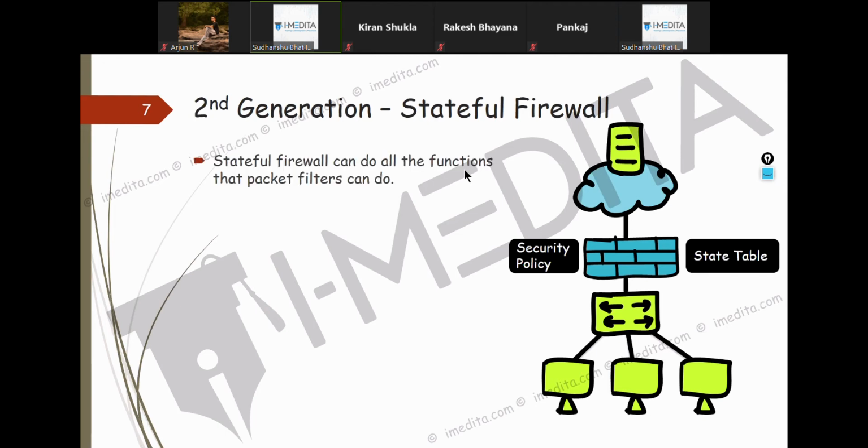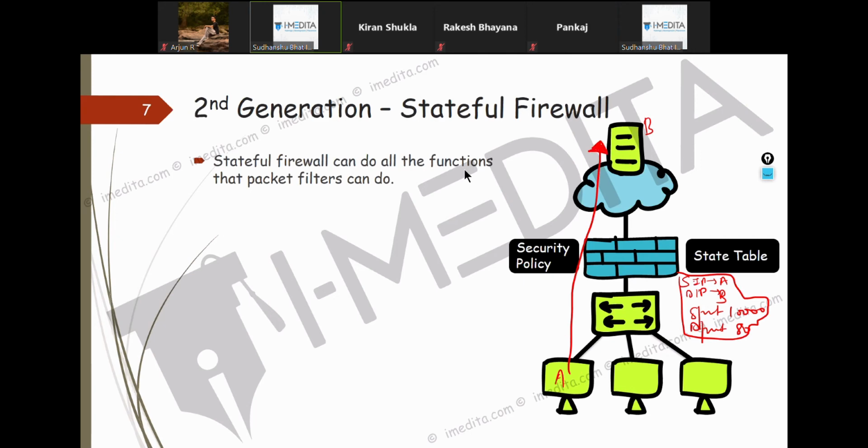The benefit of this state table is, suppose this guy goes out, it will maintain an entry: source IP A, destination IP B, source port suppose 10,000, destination port suppose 80.